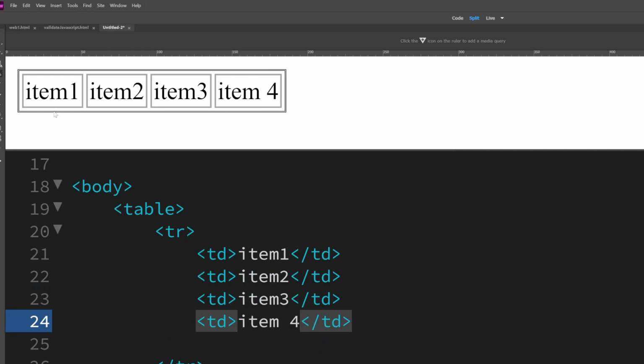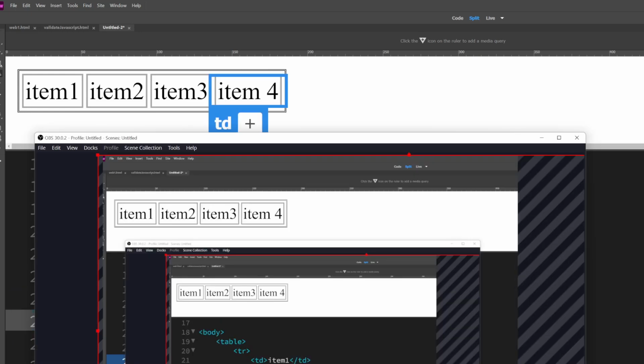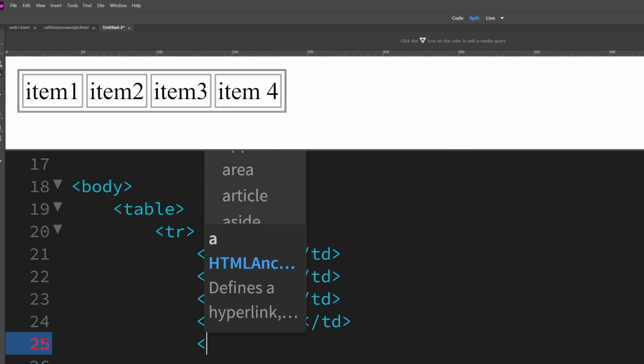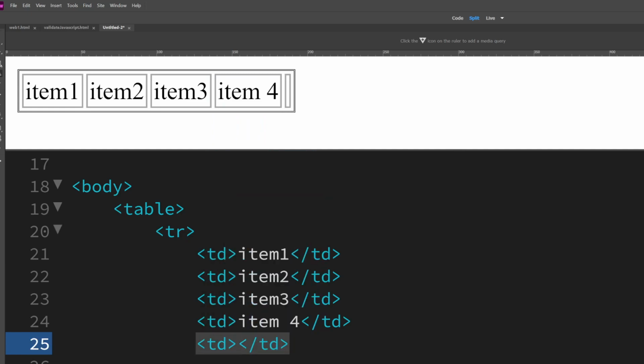Item 4. Let me make sure this is still recording all right. I think we're good to go. Okay. So we can just basically add on as many as we want. If we keep adding table data here, it's just going to keep adding to the amount of columns, making the